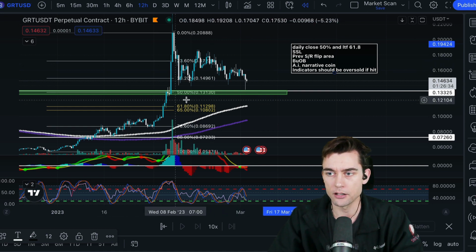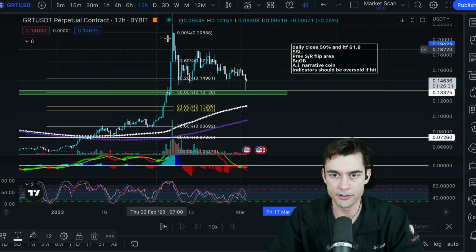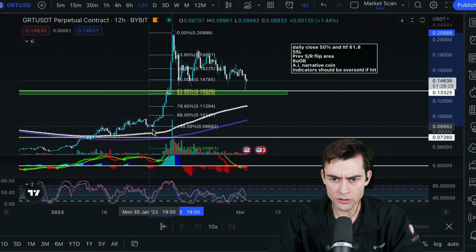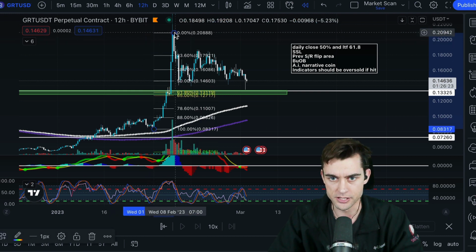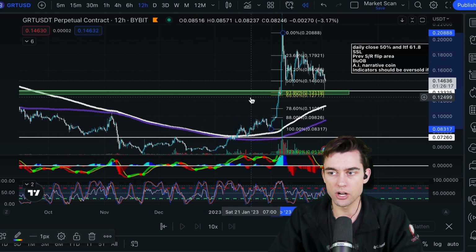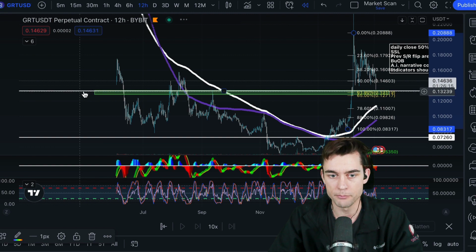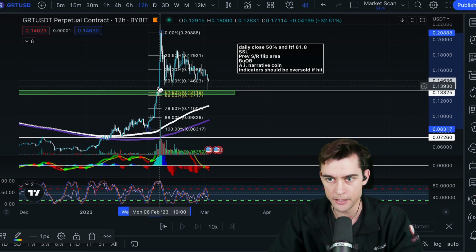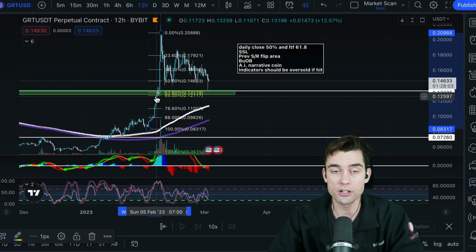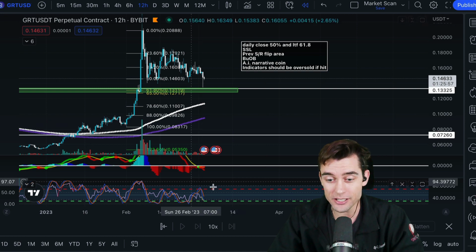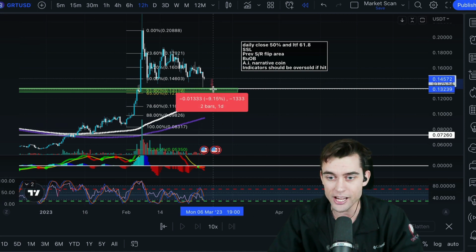So I'm noticing all this. So the 50% close on the high time frame, close of the Fibonacci. The 61.8% close on this bottom to top, on this run up. It's the sell side liquidity. It's the previous SR flip area, from back here and back here and back here, right? It's the bullish order block, this whole area right here, the down move before the up move that broke the market structure, right? Not only that, but GRT is also an artificial intelligence coin, an AI narrative coin, which is really big.